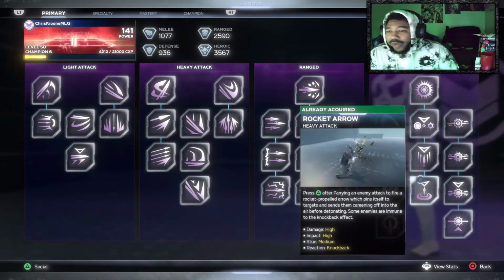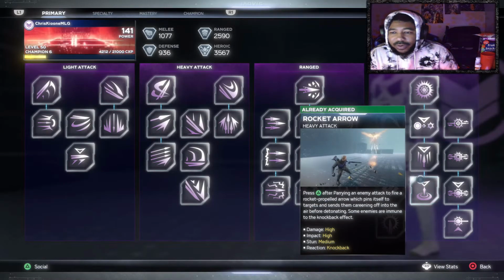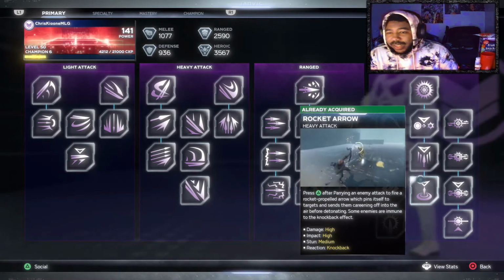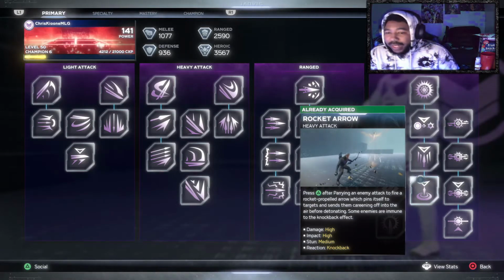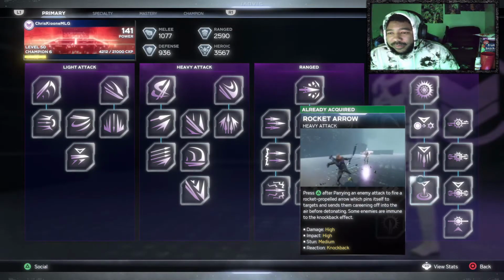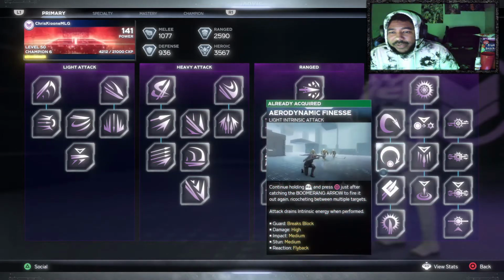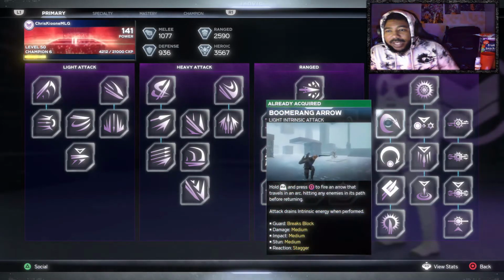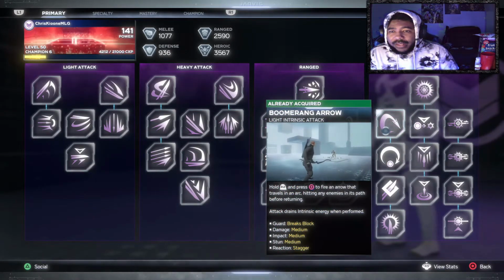And there's also Rocket Arrow. You can also block with it, and it's an arrow that's going to send them back. Some enemies are immune to the knockback effect, but not everyone. The damage is extremely high, the impact is high, and again another stun. That's a medium stun. And you're not even getting to his other intrinsic abilities with Boomerang Arrow and